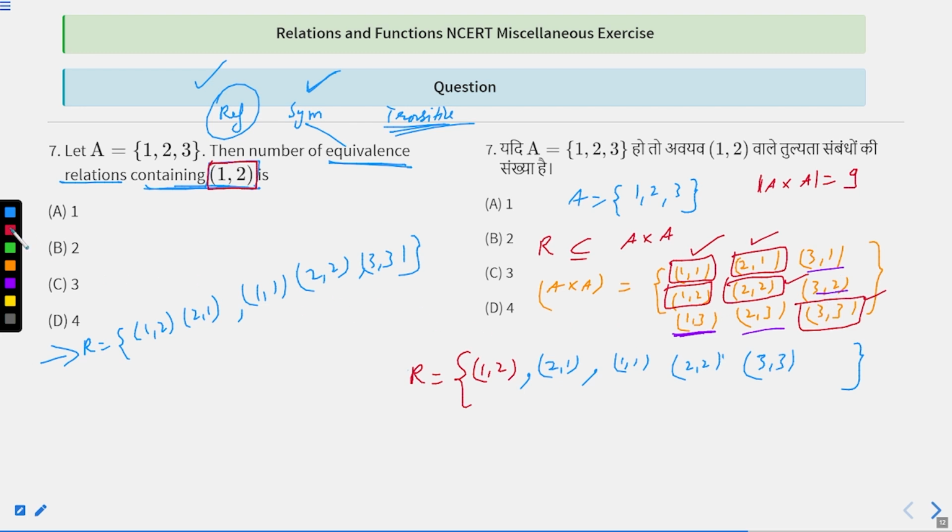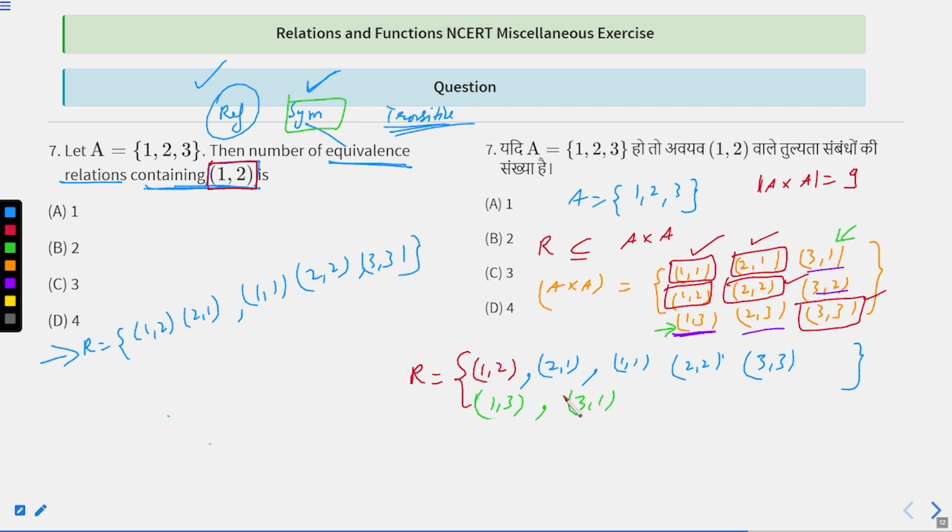Let us try to add this one, say (1,3). If I am going to add (1,3), then I have to add (3,1). Why? Because of the symmetric condition, because my relation must be symmetric. If (1,3) belongs to R, then (3,1) also belongs to R. That's why, automatically, if you write this, you must write this element. So I have used this and this. Now what about the